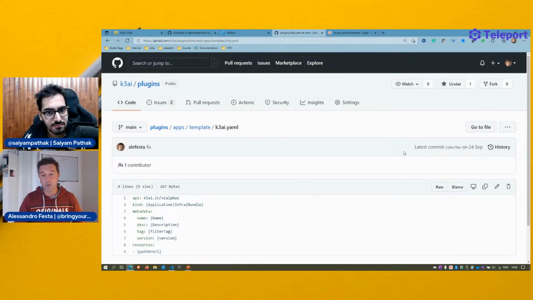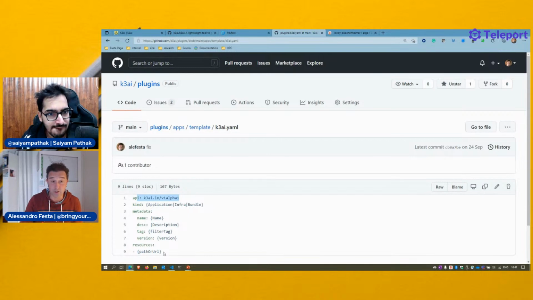So the first thing is, as you can see, I got this API call here. And actually, I'm not using the API yet, but it is on the roadmap. What kind of plugin can it be? Application, infrastructure, cluster, or bundle, a mix of them. You give me some metadata, like a name for this plugin to be recognized, a description, and a tag, because later we will filter through tags, like show me all the plugins of type Kubeflow. And give me a version, if you have a specific version or you're using the latest version every time.